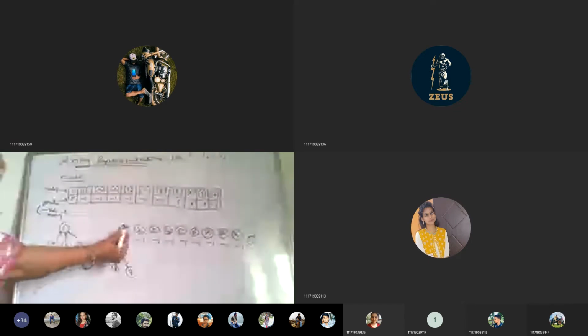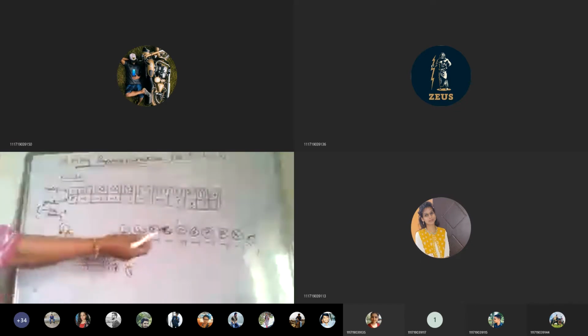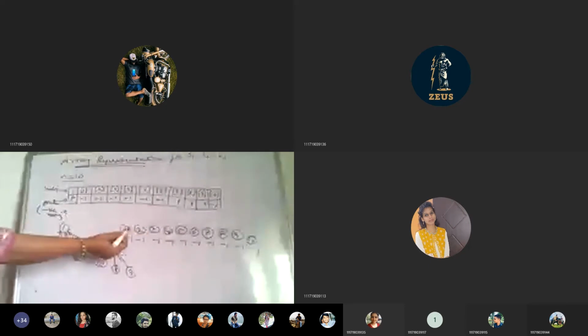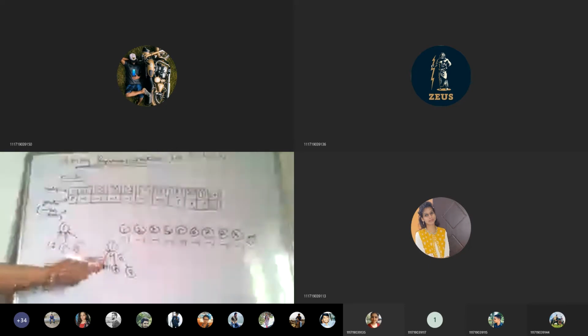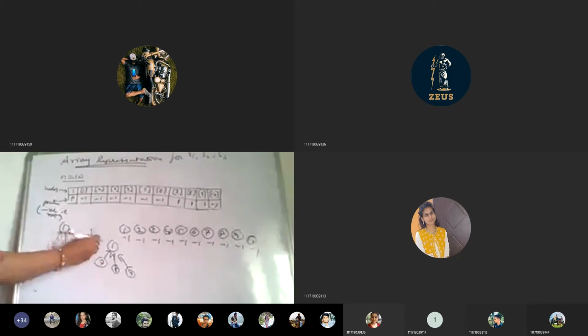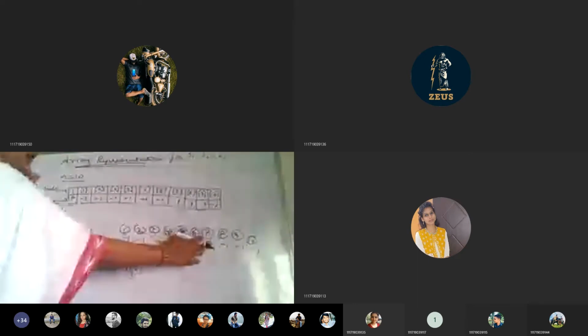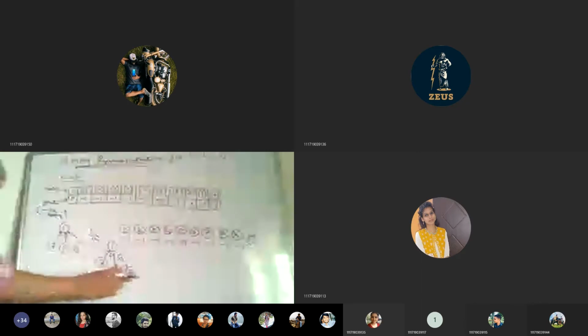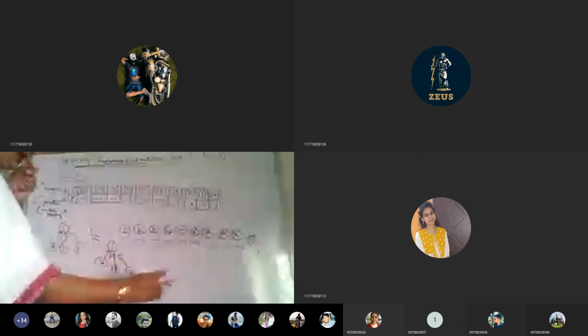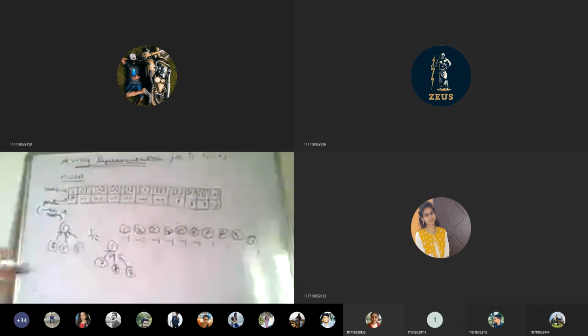Initially, each element we consider as a root node, so individually we take them. But when we keep them in a set, set S1, 1 is a parent, so you keep it as a parent. But 7's parent is 1, so I am directly writing that root node. And 8 has parent 1, and 9 has parent 1. Similarly, the same thing I have represented here.